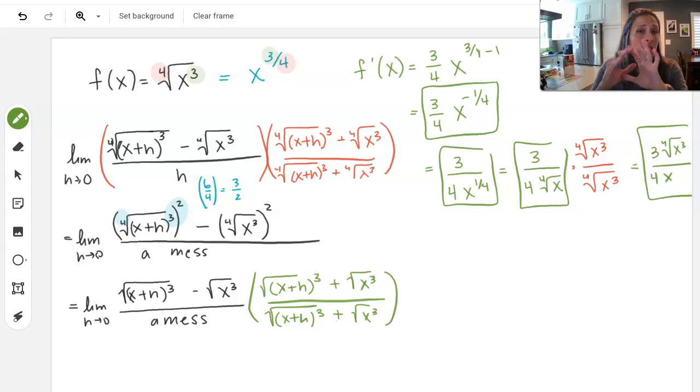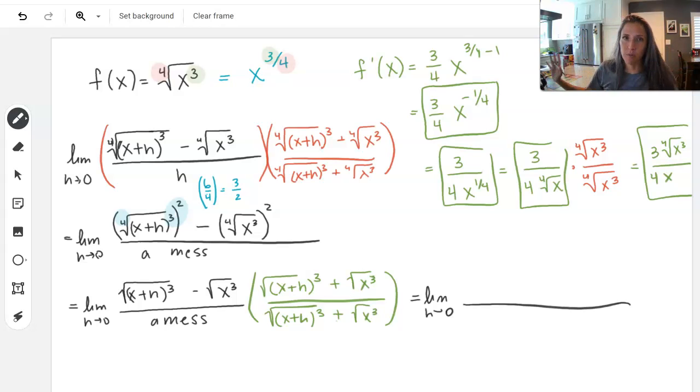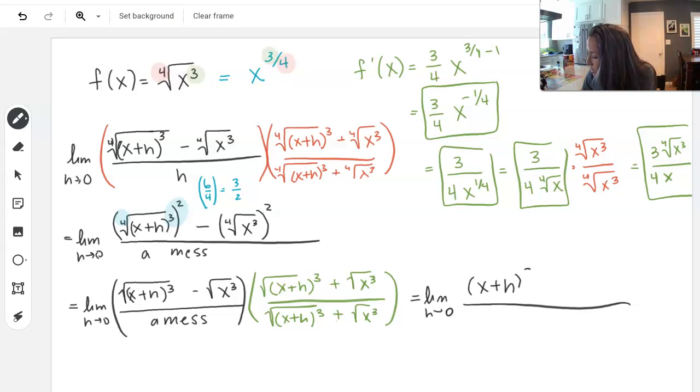So our denominator is a hot, stinking pile of garbage, but our numerator is still a hot pile of stinking garbage too. Theoretically, right, my numerator is now, I'm going to put the limit. Look at me being so good. There's so much mess down at the bottom. I'm going to bring that back once I've confirmed that my numerator isn't too nasty for me to be able to deal with it. But now my difference of squares is not so bananas. Now my difference of squares actually works out because I have square roots. So I end up with x plus h to the cubed,